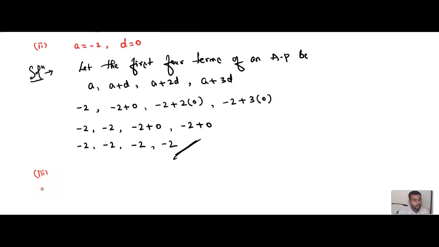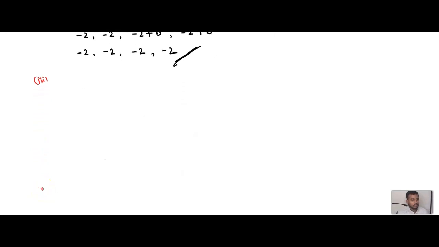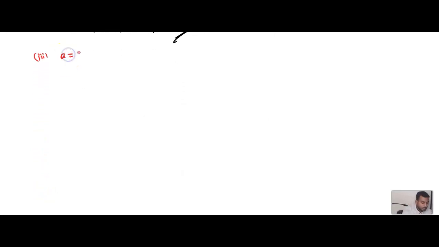Similarly, here we have option 3. See children, in option 3, what are they asking us to find? In case 3, they have given the condition that the value of a is 4 and the value of d is minus 3. Now you can solve this problem, right? Can you please solve it in your book as it is? Here I will solve, you solve in your book. Can you continue along with me?